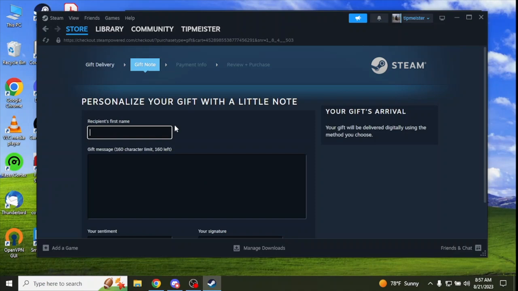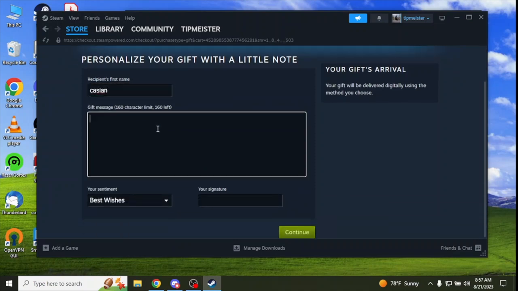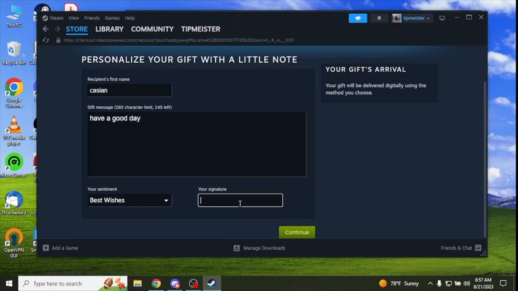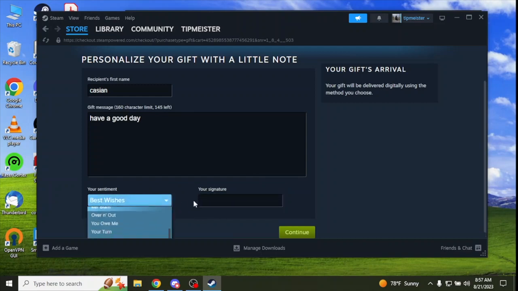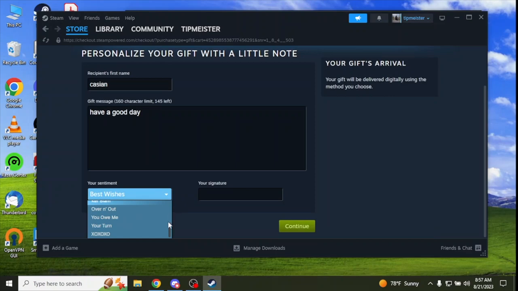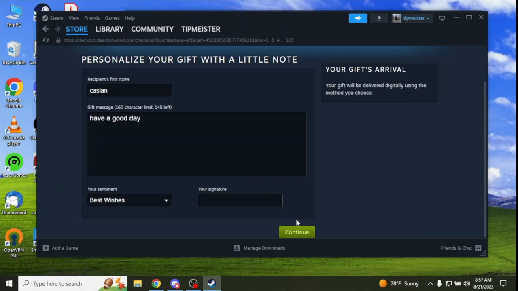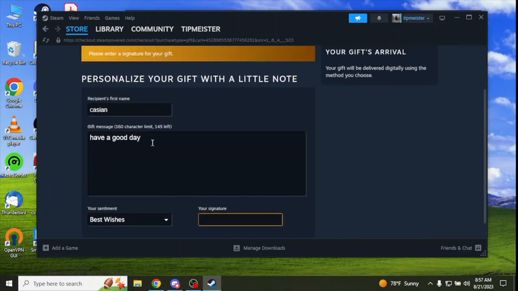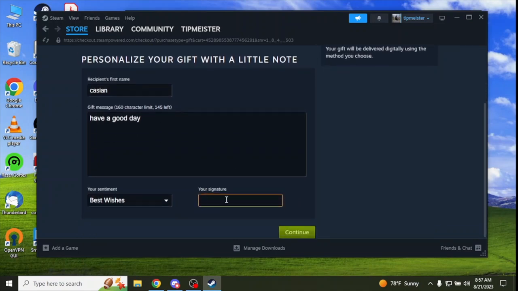And right here you just have to insert their name. You can send them a message right here, and let's say, have a good day or something like that. And right here you have to insert your signature, and right here you can select your sentiment from this list, and then hit continue, and you will be transferred to